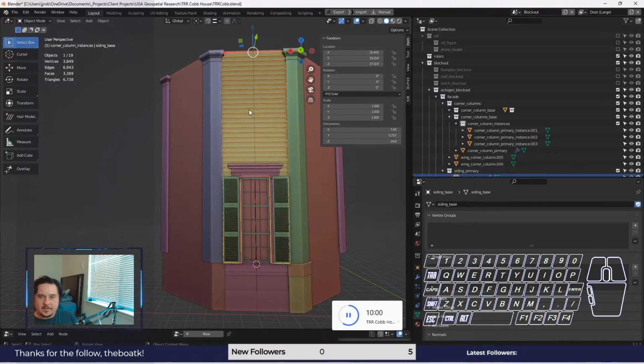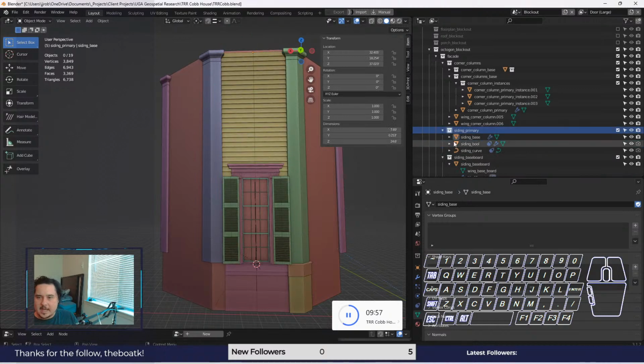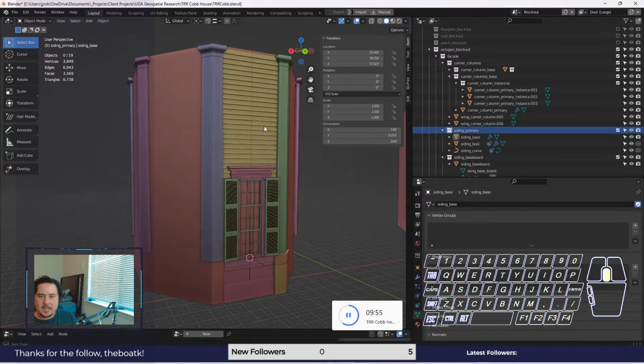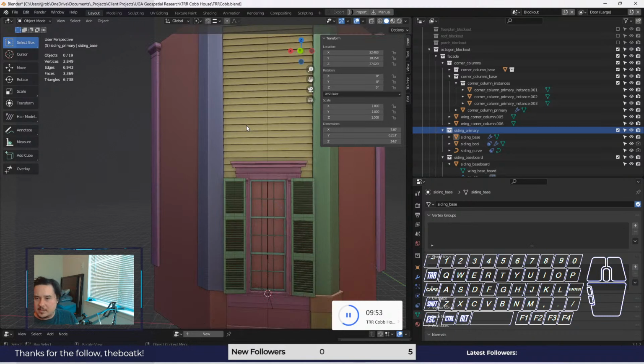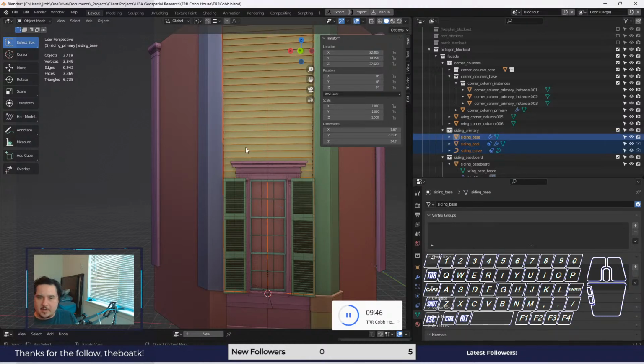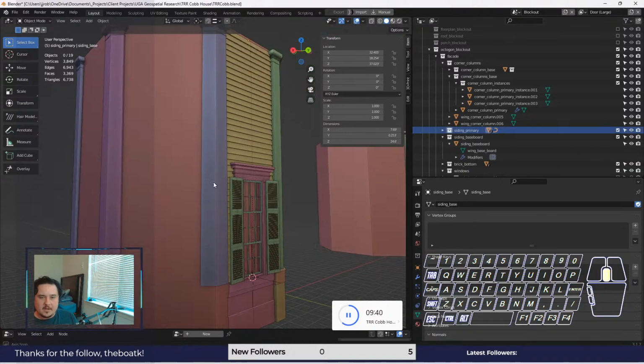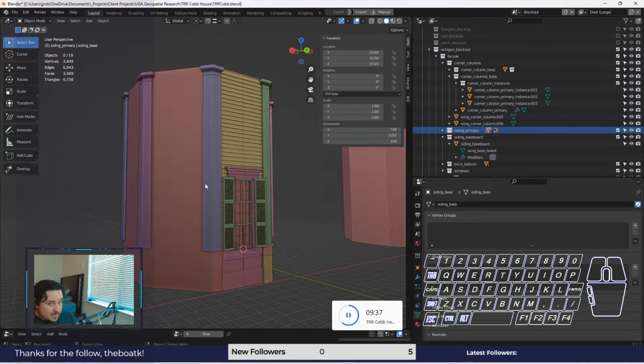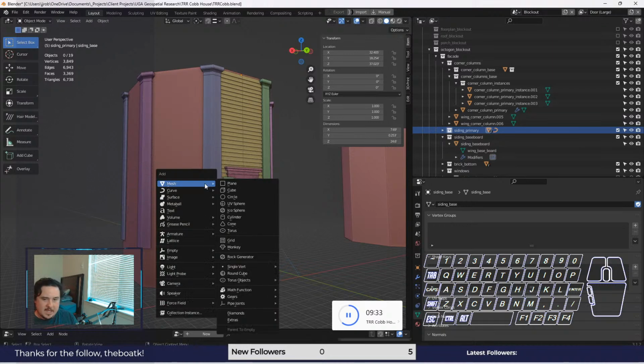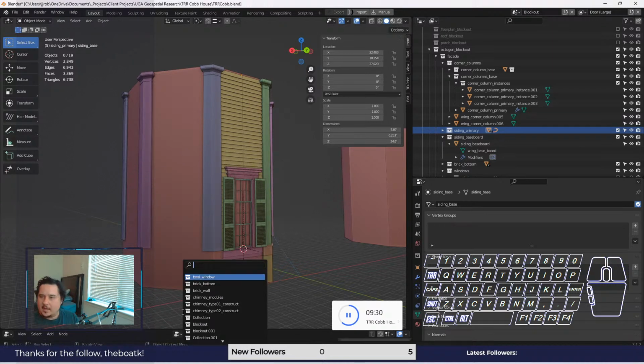Now I need to do the same thing with this siding, but I need to make sure everything goes with it. Now I could, let me think about this. Select everything here. I could just duplicate this entire instance here. Problem is that might make snapping a little bit trickier. Let's just try it. Shift A, collection instance, siding underscore primary,